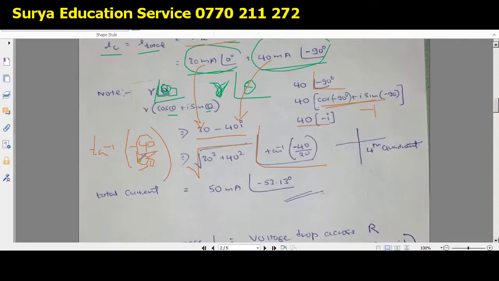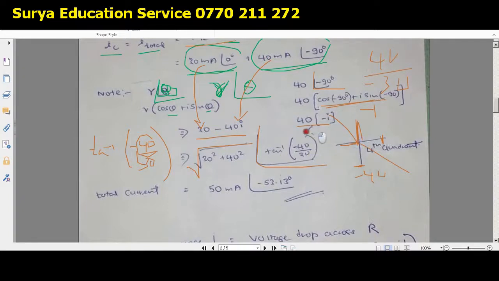Tan inverse minus 40 divided by 30, so minus 40 is somewhere here and 30 is somewhere there. So the angle is related to the fourth quadrant. In other case, minus 40 divided by 30 is also the same as 40 divided by minus 30, because somebody can say 40 divided by minus 30. In that case, 40 would be there, minus 30 would be there. So that means it is related with the second quadrant, which is completely wrong. So be very careful with that.